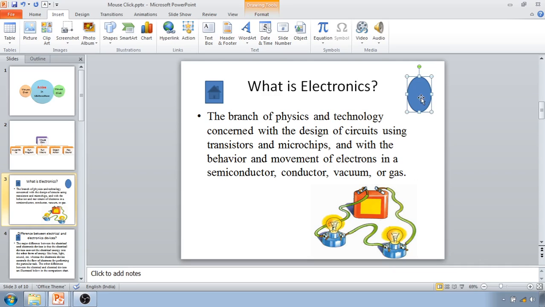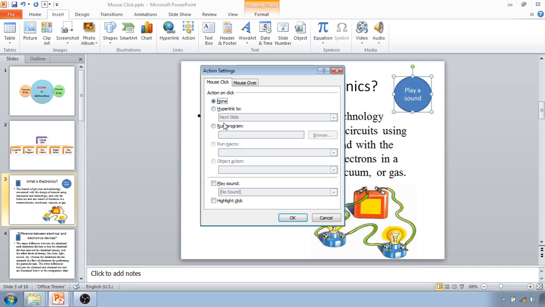Then I will write here 'play a sound' and I will increase the shape size. Now I will click on Action, click on Play Sound. I will use whichever play sound I want, bomb or breeze or something like that, whichever you want you can use. Next, I will click OK.